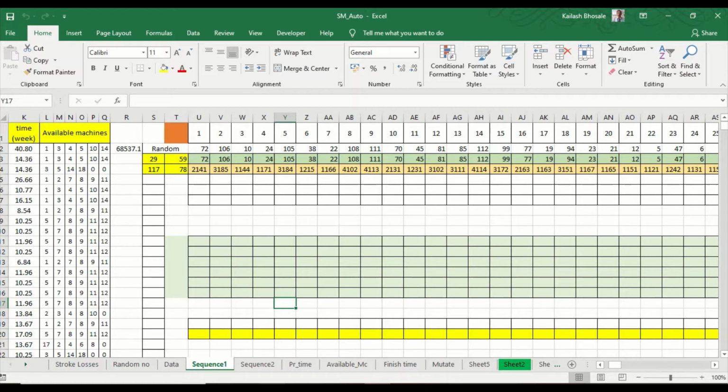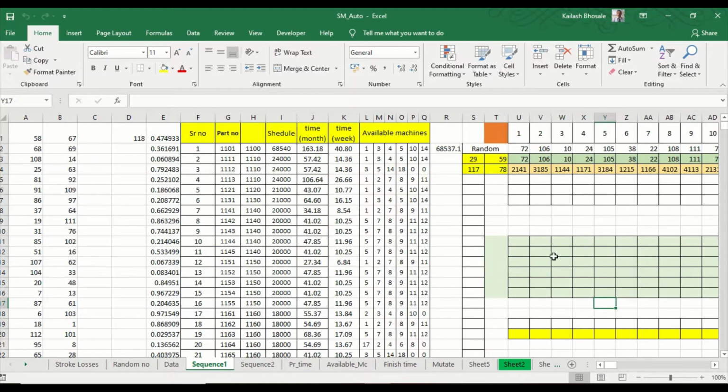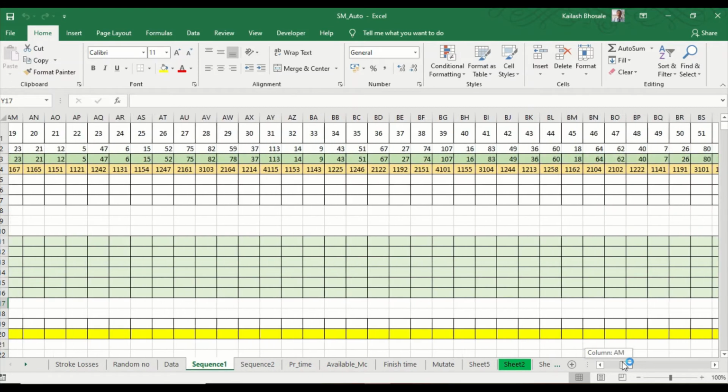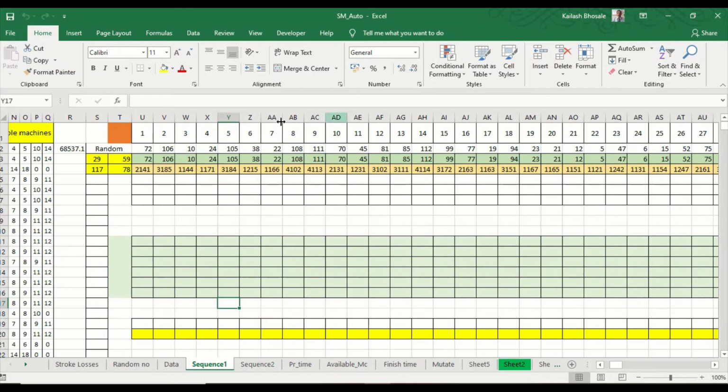In the sequence sheet, I have just copied the random numbers here onto the rows. There are 118 part numbers for these random numbers.